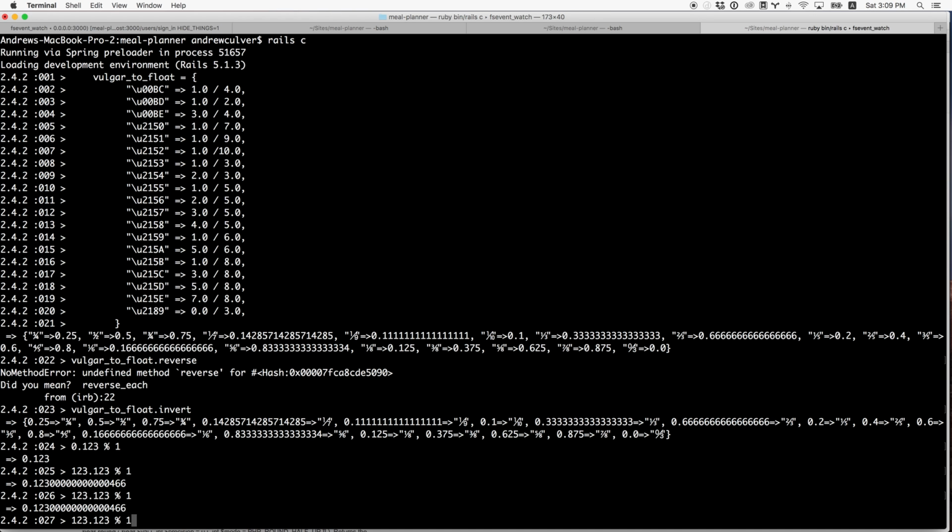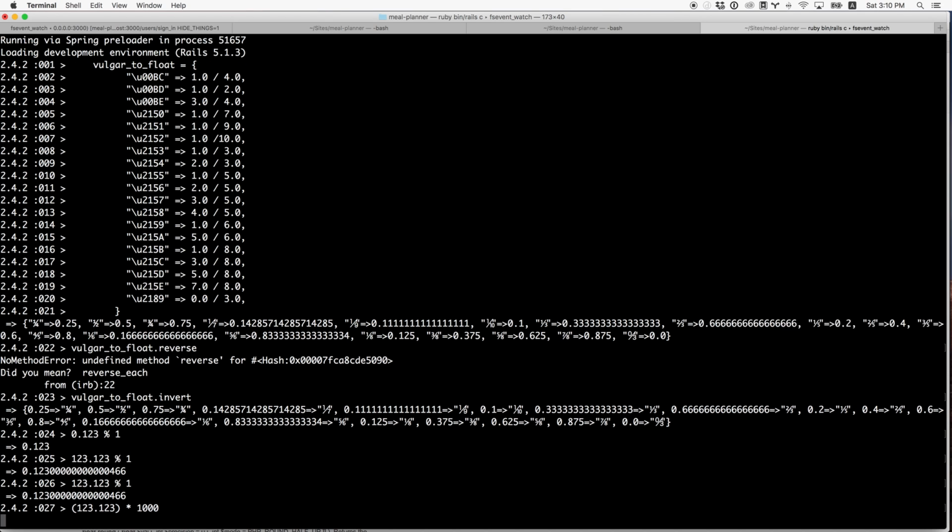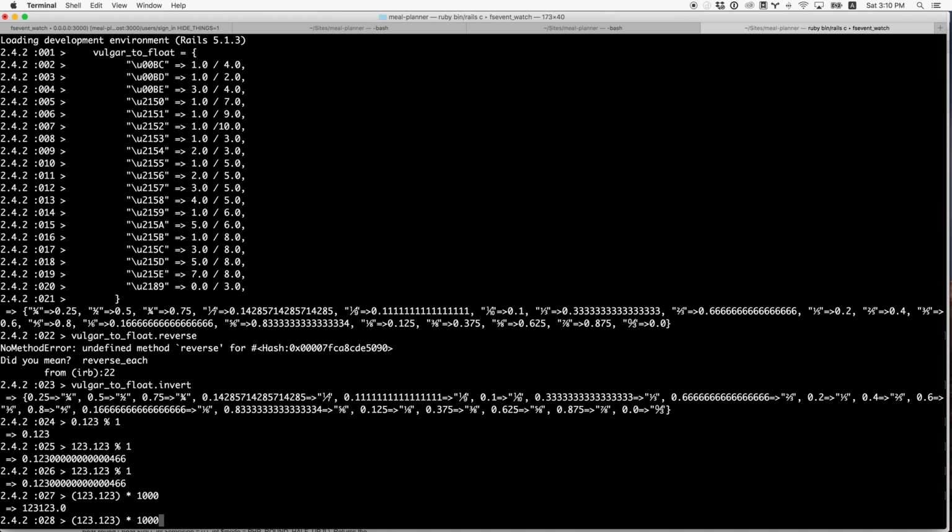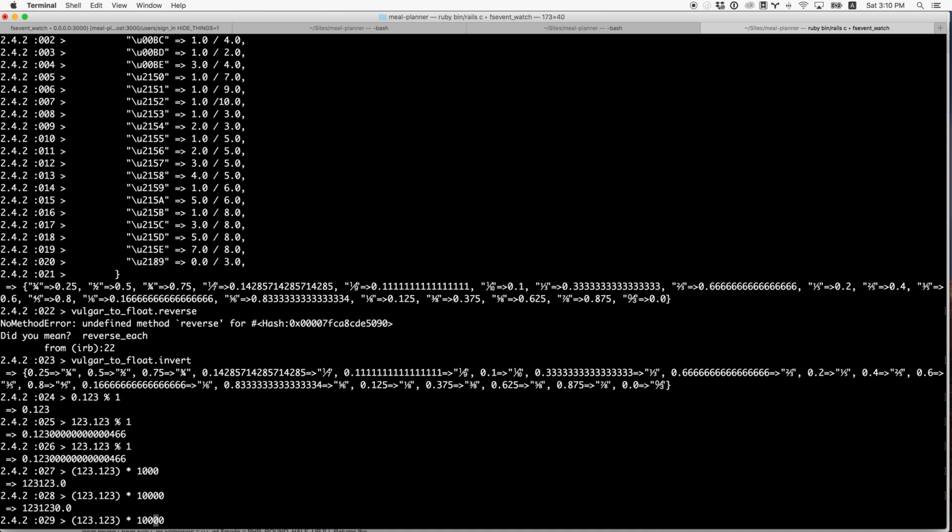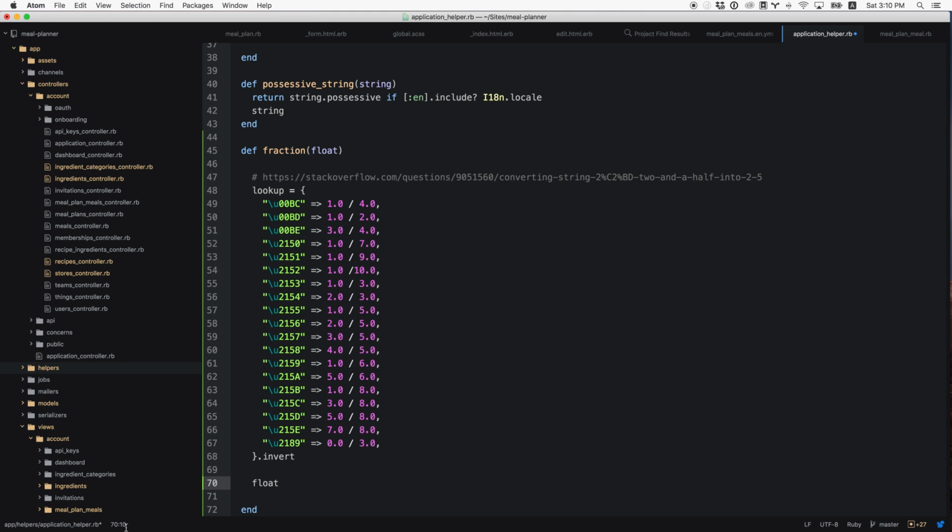So here's what we'll do. I'm going to take any float, and this is tricky. You can see we're dealing with a floating point problem. But what I can do is say I'm fine as long as we match to the nearest fourth decimal place or whatever. I can do this. So as many zeros as I add, it'll bump up. And then what I can do is in this method,